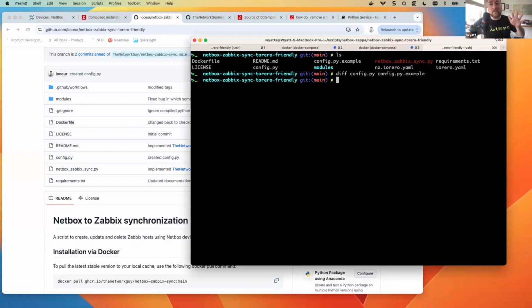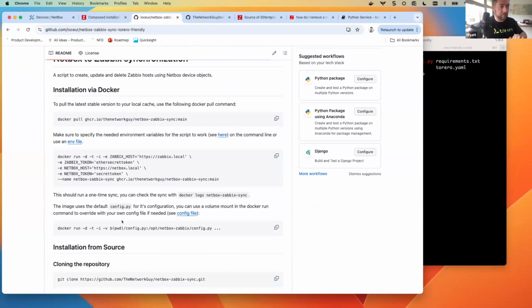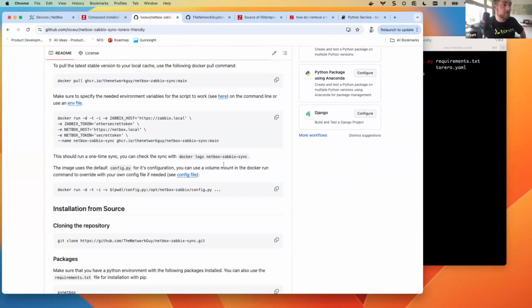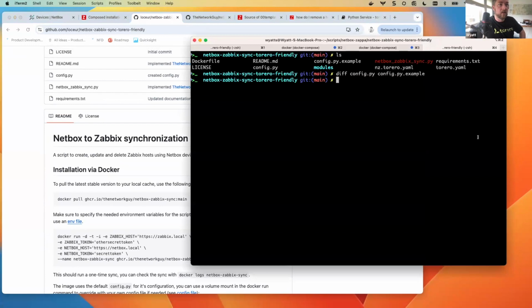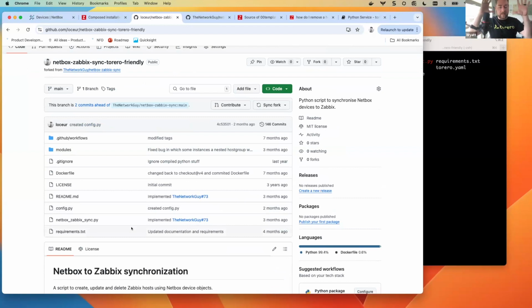So you may need to make changes yourself, right? Your specific installation of NetBox and Zabbix may be different. But in my example, it was straightforward, no big deal. I just had to move it to config.py so that the script could recognize it was there. Okay, so I've forked my own repository and committed my files. Going back to that image: I found my script, I made my changes, and now I'm going to publish it to my Git repository. I've done those three steps.